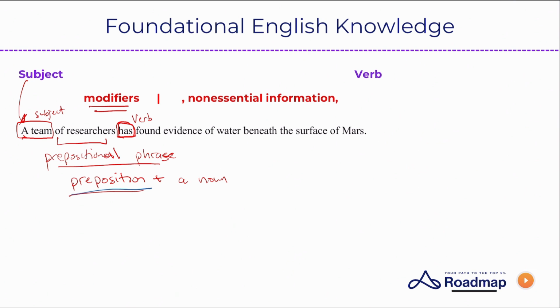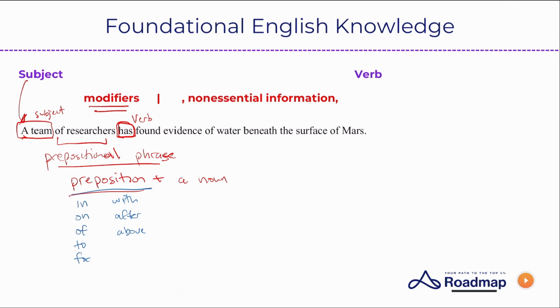So examples of prepositions would be like in, on, of, to, for, with, after, above. So these are all examples, and there's too many prepositions to memorize, so don't try to memorize it. The thing is, you want to be able to identify it. So you have to be able to locate or identify when prepositions appear, because when a preposition appears, it's always going to be paired with a noun, and in that pairing, the preposition plus a noun is going to create